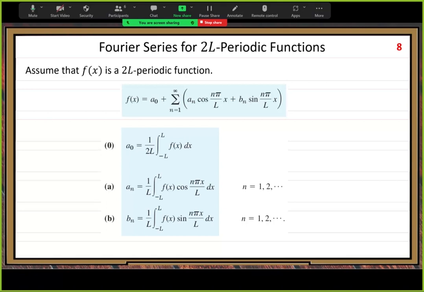You just take the integrals, because in real-world questions we usually have an arbitrary 2L period, not 2 pi. It's rare to get a 2 pi period. So you need to use these formulas to calculate Fourier series. All right, that's it. So let's move to the recovery session number